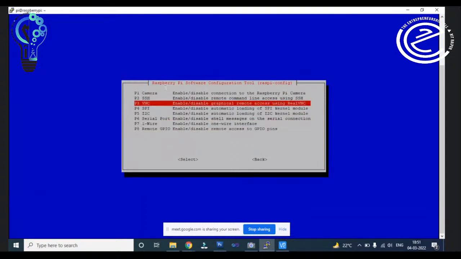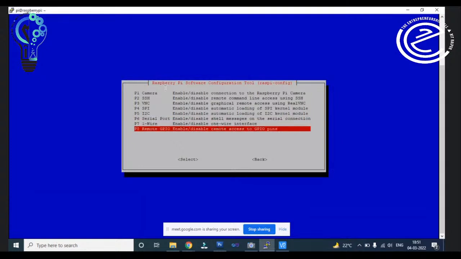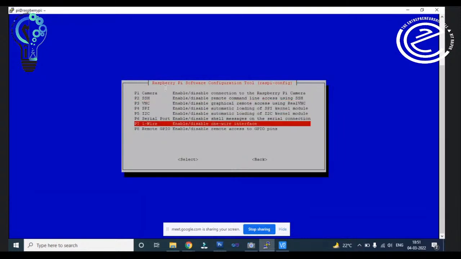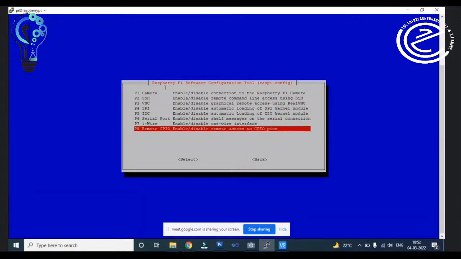already enabled, right? I don't need SPI and I2C, but it has the protocol. You can use this SPI and I2C connectivity. Then you have serial port, 1-Wire, then remote GPIO. You can enable these features also, but right now I don't need them.